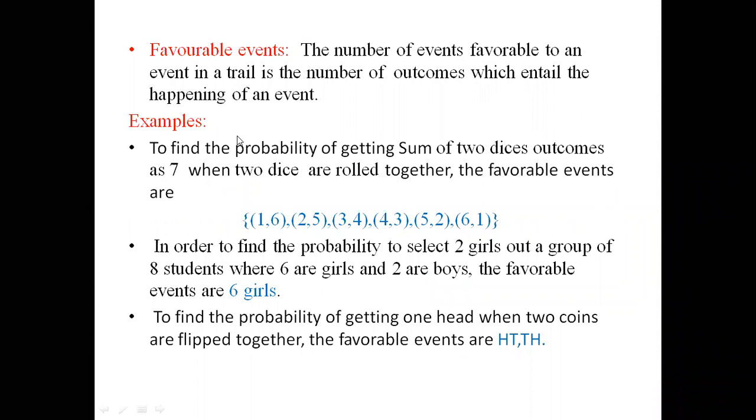If the outcome is favored to you, then we say those events are favorable events. In a simple way, if we are tossing a coin and you are interested in getting heads, then if the result is heads, that result is favored to you. Those types of events we call favorable events. Similarly, in the last example, there are 36 combinations. What are the favorable cases to get sum as 7? There are 6 possibilities: 1 comma 6, 2 comma 5, 3 comma 4, 4 comma 3, 5 comma 2, 6 comma 1. In all these cases we are getting sum as 7. So those are the favorable cases to get sum as 7.